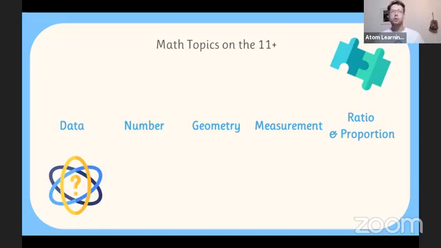Again, there are a few weirder questions that aren't necessarily national curriculum, which I will mention, but it's chill. With practice, it's totally fine. And if you are systematic and you work through all of the different subtopics in these topics, most of the time you'll be fine. So let's go through it. We'll start with data.